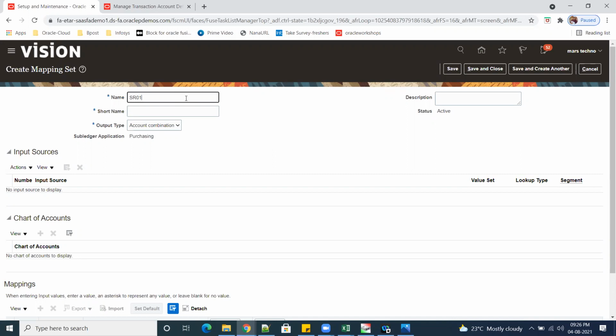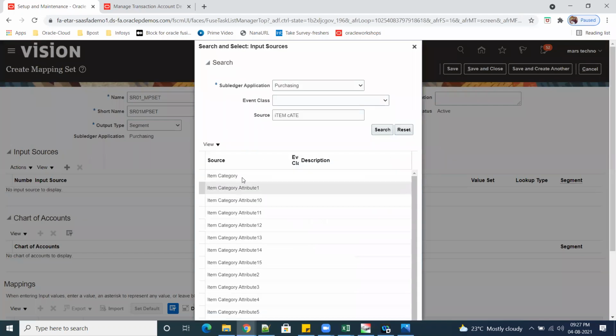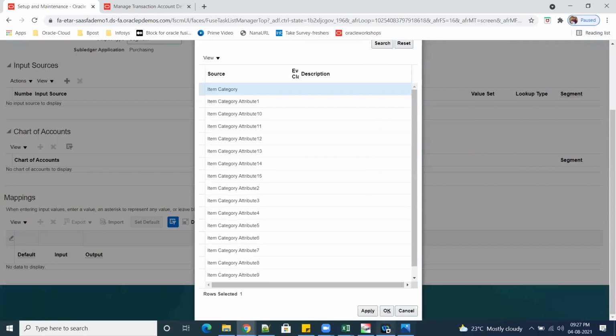Okay, so SR01 MP set, and I'm taking segment. Click on plus. Only one segment I'm taking. Item category. Apply and OK.